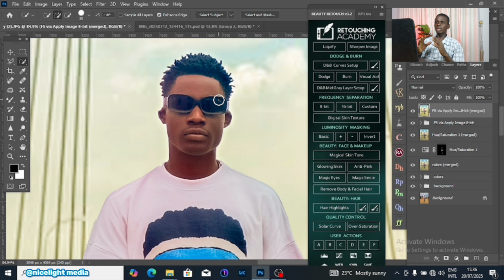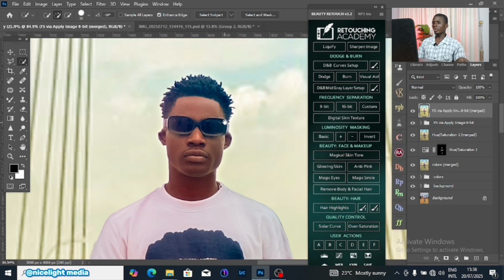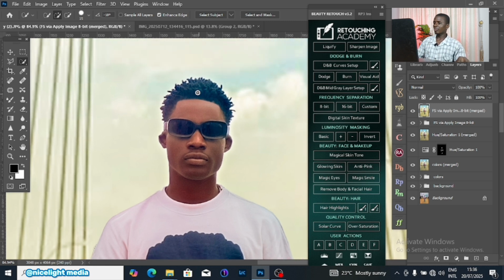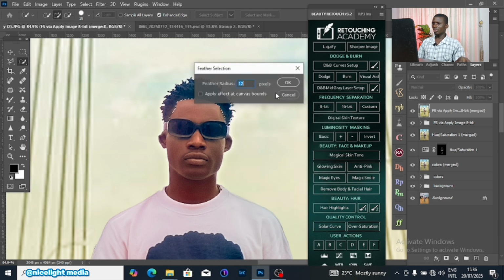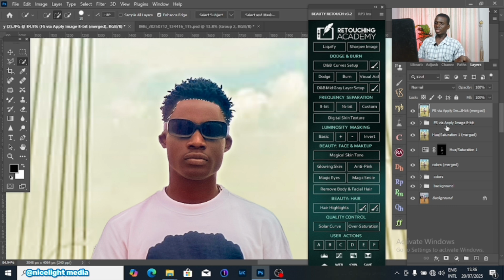So now first let's work on the hair. We are going to work on the hair by trimming the hair out of the skin. So you see now this is this, and you click, we feather it with 12. Then now we come